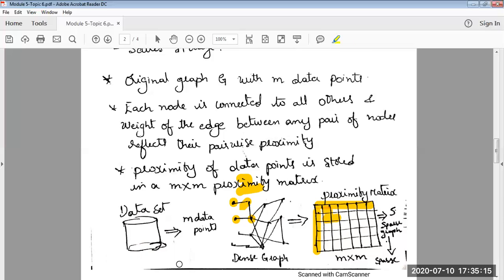Meaning that you are seeing the process here. From my raw data set, what exactly am I doing? From my raw data set, I'm taking the data points and creating a dense graph. Just now we understood a dense graph, considering a